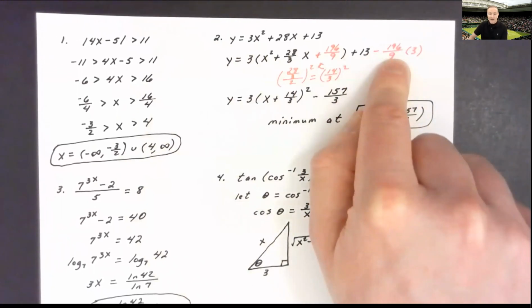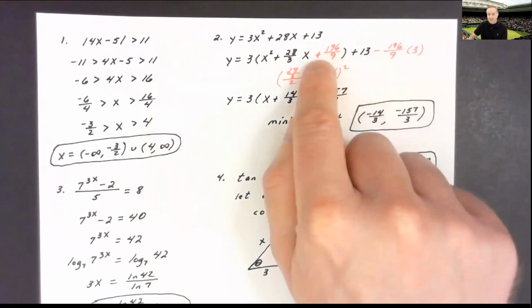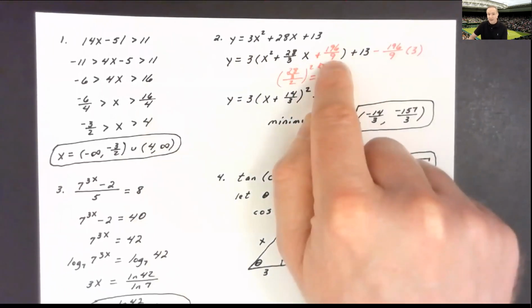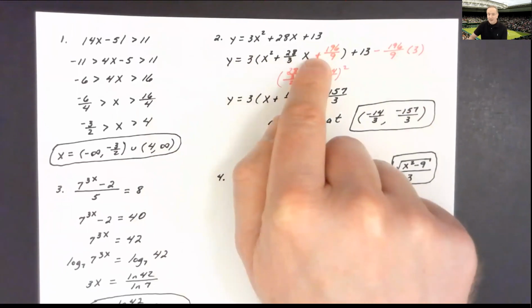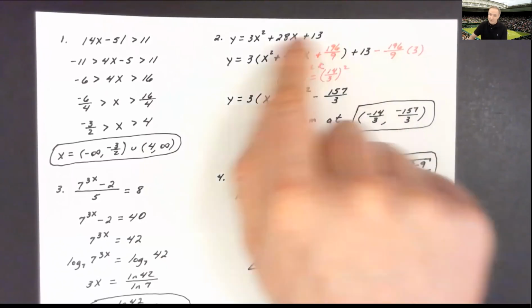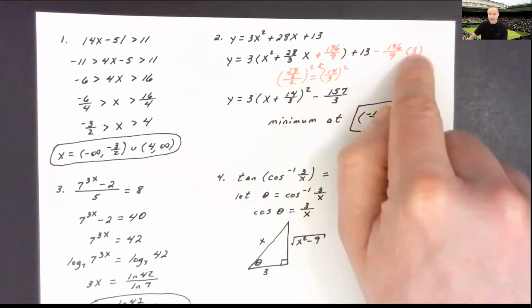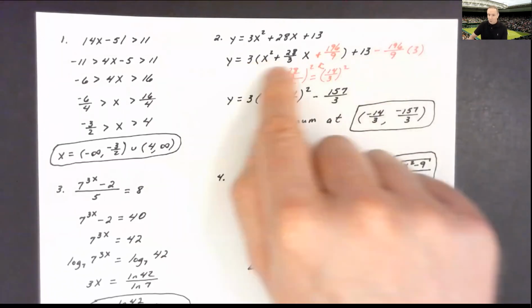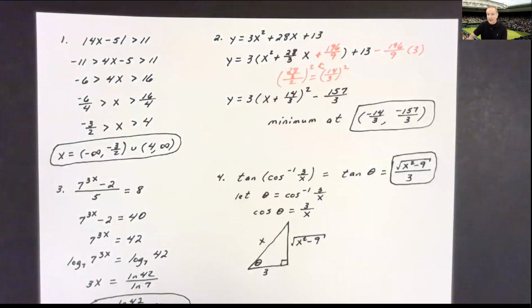Now, why did I subtract 196 over 9 times 3? Well, because this adding 196 over 9 is also multiplied by 3. That's a common mistake students will make, is they'll add the 196 over 9 inside this group and think they're making up for it by subtracting it and forget that this one's multiplied by 3. That means this one has to be multiplied by 3. So now, with the red in there, I know what I have is equivalent to what I have, but it's